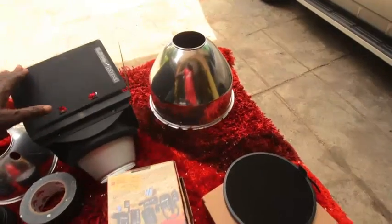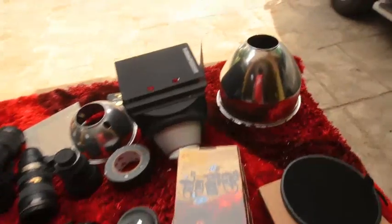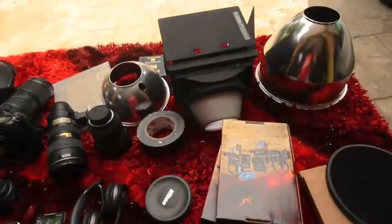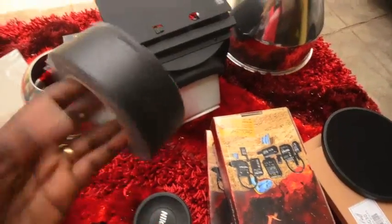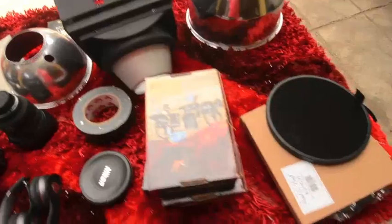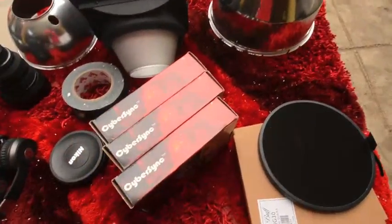That's my band kits. That's basically what that does. It's a band. Makes it possible for me to properly position my lights the way I want it to go. I have some gaffer tape here. Never ever go out on assignment without gaffer tape. This is my cyber sync wireless transmitters,